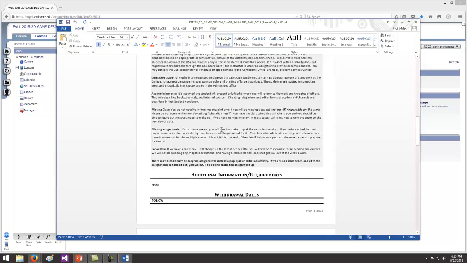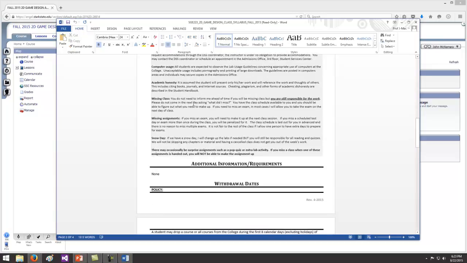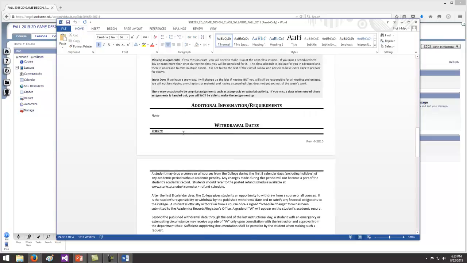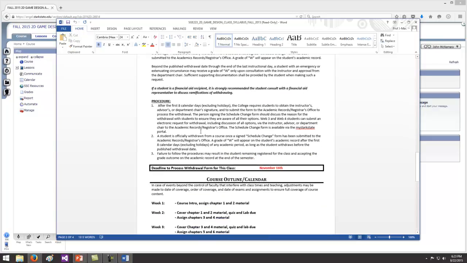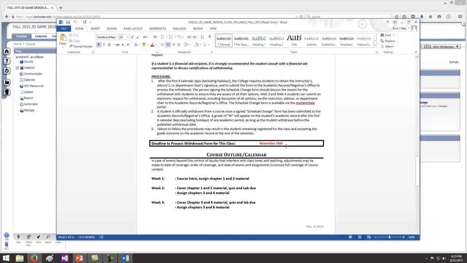You get the idea. We don't really do missing assignments or missing class because this is going to be a web class. Remember, if you miss an assignment, you just take the 0. Last day to withdraw from the class is November 16th. So if you withdraw from now until November 16th, a W shows up on your report card. If you withdraw on November 17th, it doesn't matter. Whatever grade you get in the class is what will show up. So if you're getting an F in the class, you need to drop by November 16th.